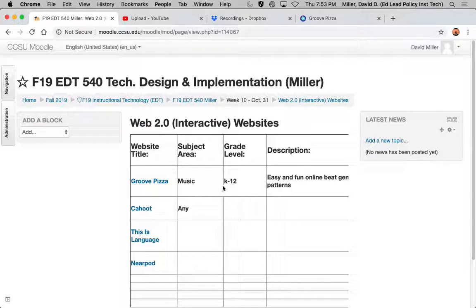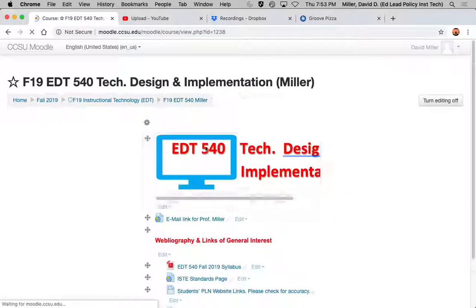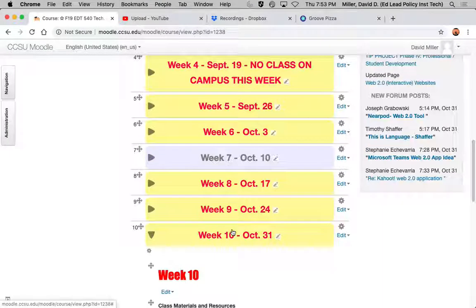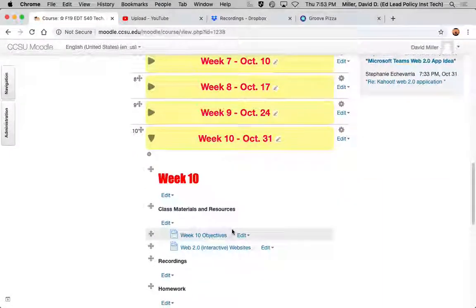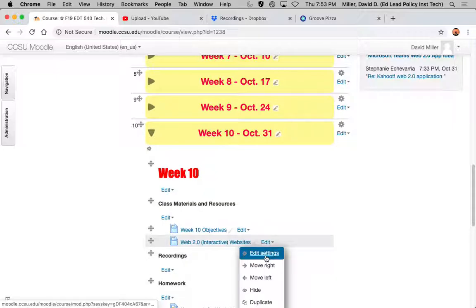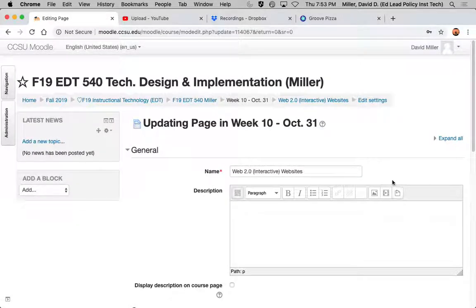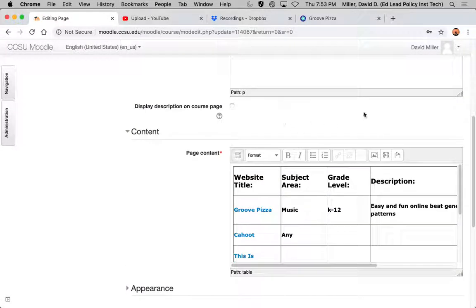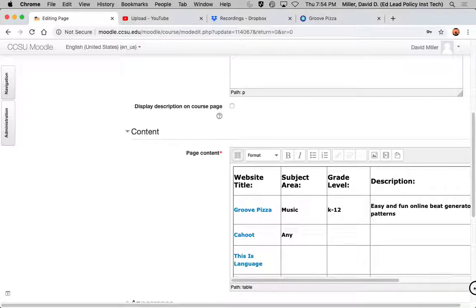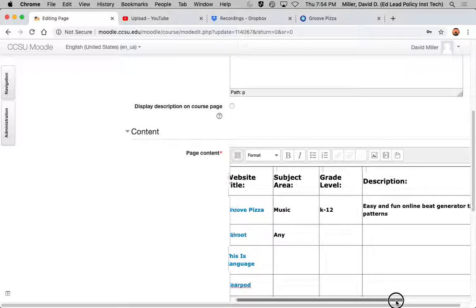So I thought I would start off, actually I need to go into this a different way so that I can add stuff to it. I thought I would start off by sharing one of my own. And this is a website that I was made aware of through a course that I took this past summer. Let me open this up a bit here.